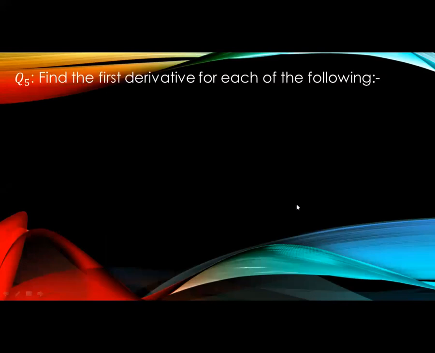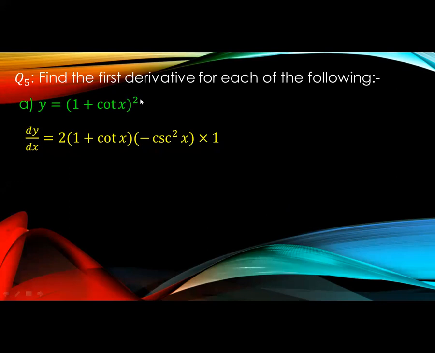Today inshallah we complete the exercise on the first derivative of the trigonometric function. Question number 5, find the first derivative for each of the following. Letter A, y equals (1 plus cotan x) all power 2. This function is a function raised to the power 2, so for its first derivative,